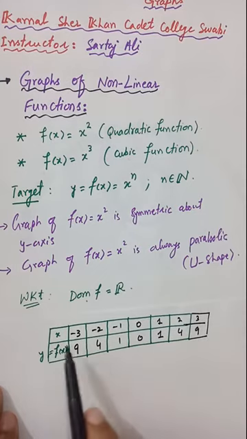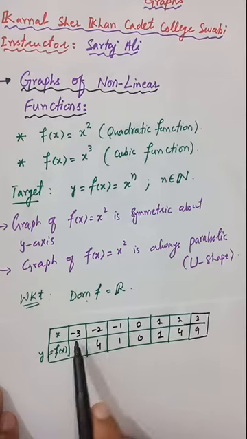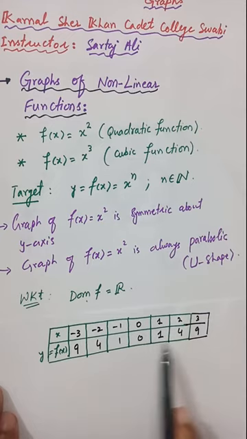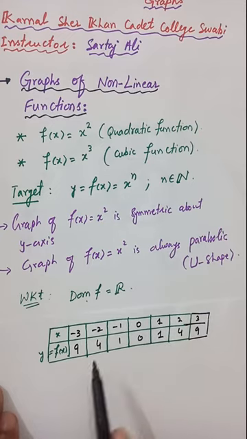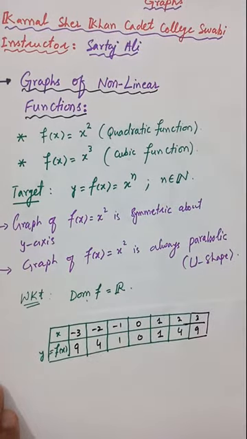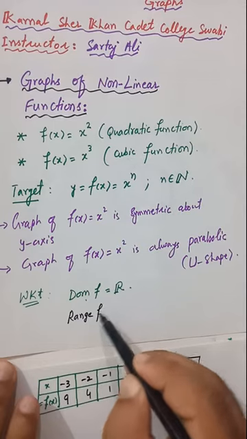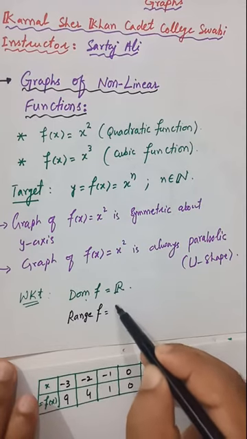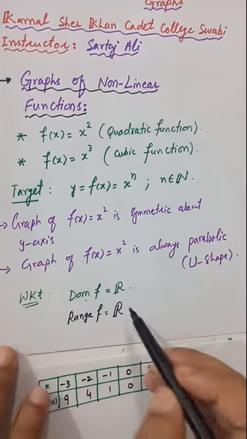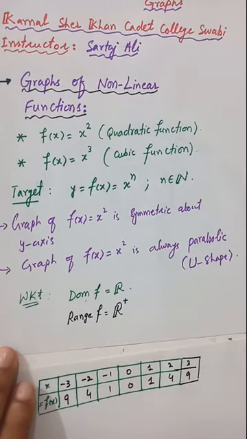So from here you see that I am giving values that may be positive or negative. On both positive and negative values, you will see the result is positive. So it means that the range of this function is the positive real numbers. Positive real numbers here mean non-negative real numbers, meaning negative numbers are excluded. You clearly see that. So also remember the range: the range of f is equal to the positive real numbers including 0.